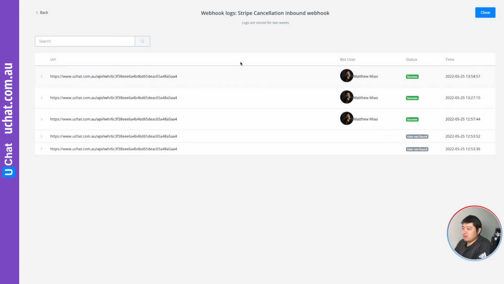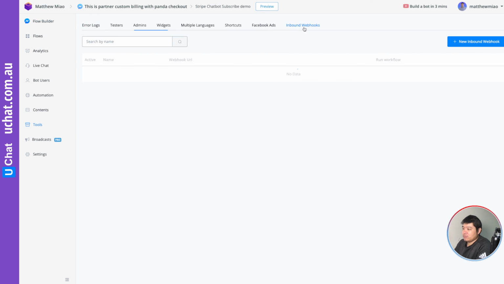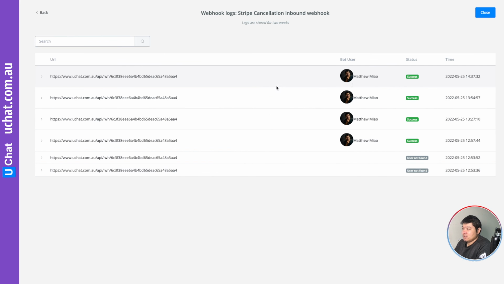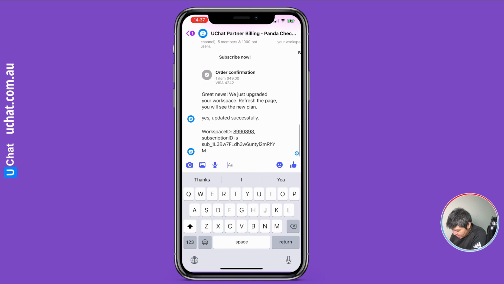Now let's go to the inbound webhook and reload the page. As you can see, a new one is triggered. It's a trigger success. And on the phone, as you can see now, it found the workspace ID correctly, and the subscription ID is also populated correctly. So now it's safe for us to move to the next step finally,